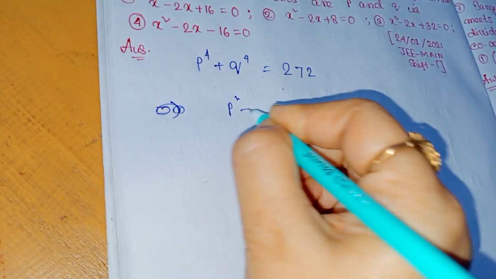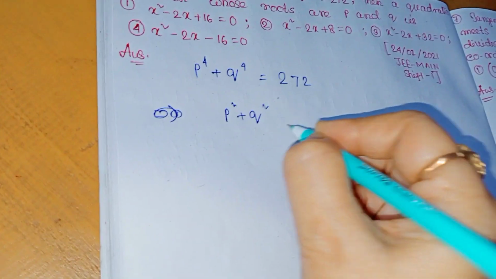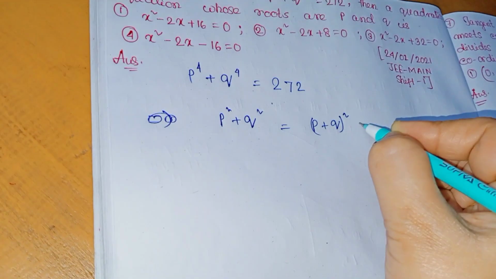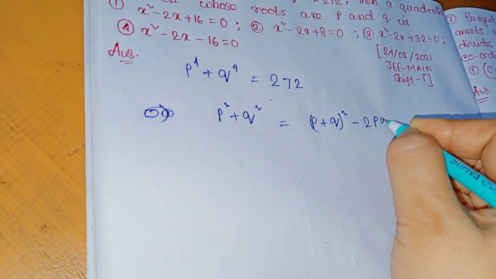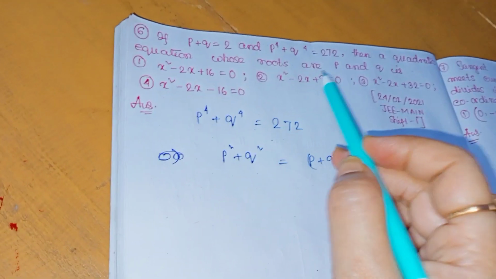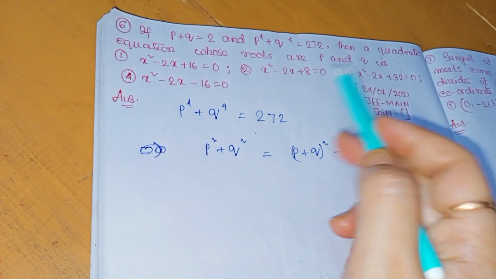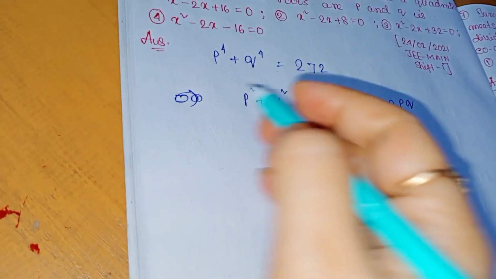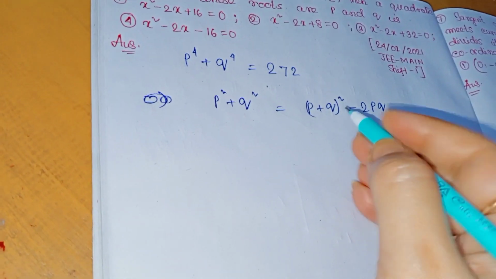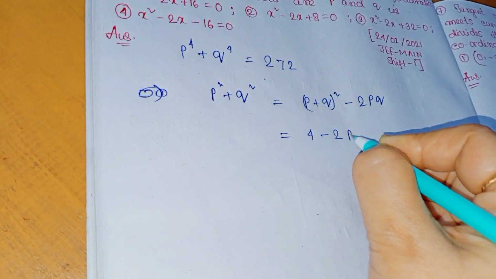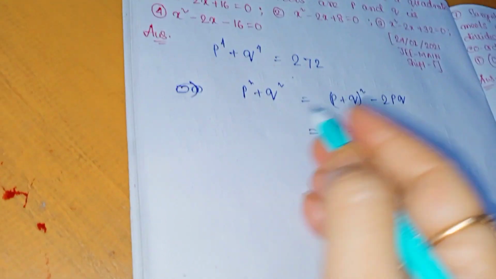p square plus q square, if you take, that is equal to p plus q whole square minus 2pq. As p plus q is given here, we should calculate pq, because then we can make an equation whose roots are p and q. So p plus q is given here, it is 2, so it is 4 minus 2pq. Now squaring both sides,